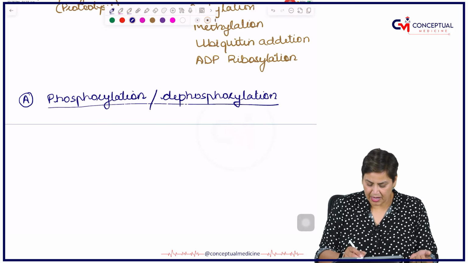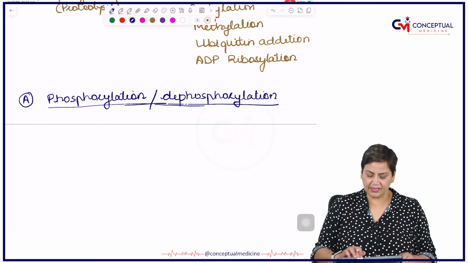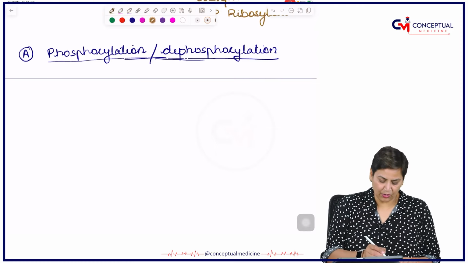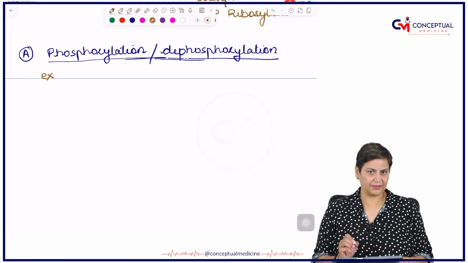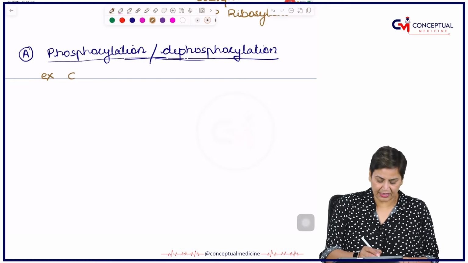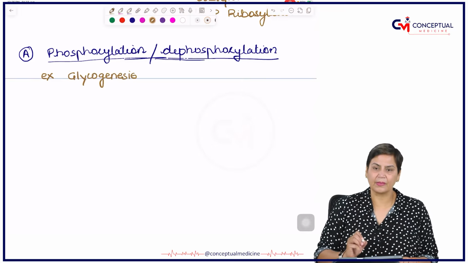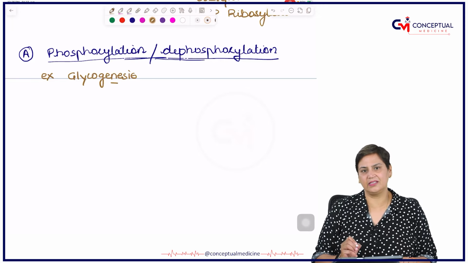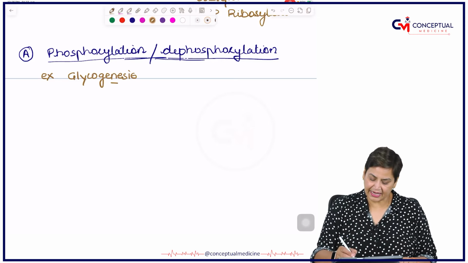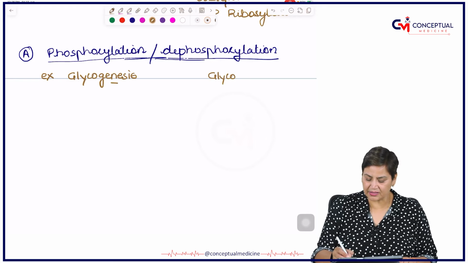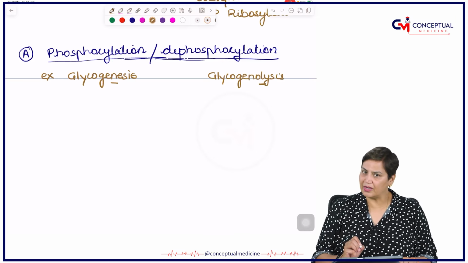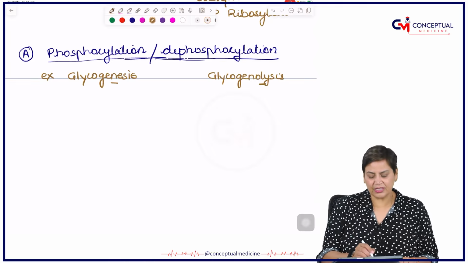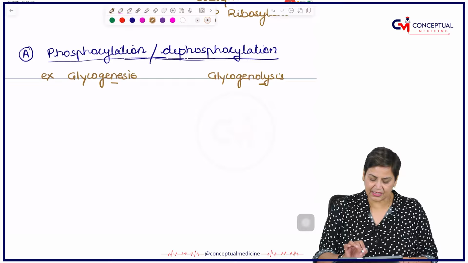Okay. Now see what is happening here is, first of all we will take the example of two enzymes. I will take two processes basically. One process is glycogenesis. Wherever you will find the term genesis, it means synthesis of glycogen. Second is glycogenolysis. Lysis means breakdown of glycogen. So if we talk about glycogenesis, no doubt we are going to cover these processes again in detail, but